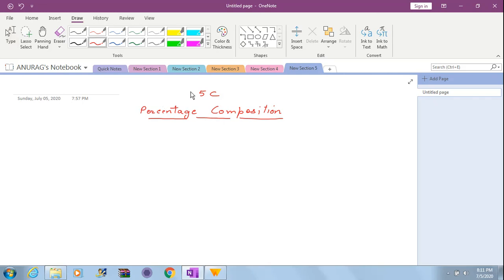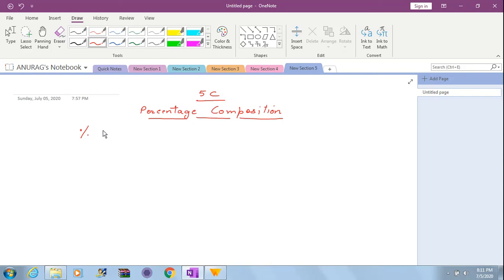Hello everyone. I'm again coming to your mole concept chapter number 5. Now as you all know, through the revised syllabus 5A, 5B, 5D are excluded now. So we will take only 5C. So for 5C I'm coming for the percentage composition today. This particular thing we have already done in class 9th also.